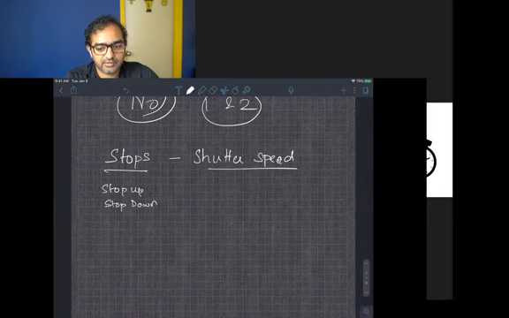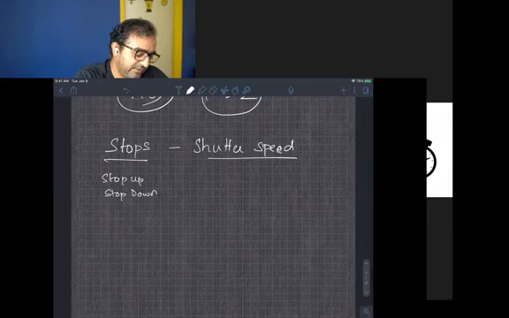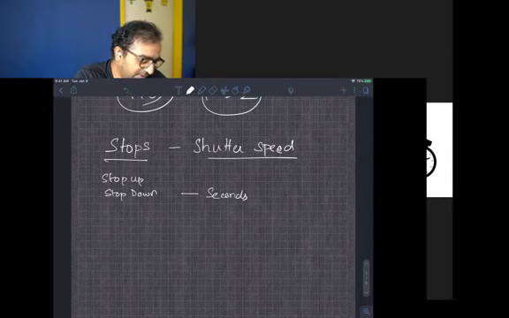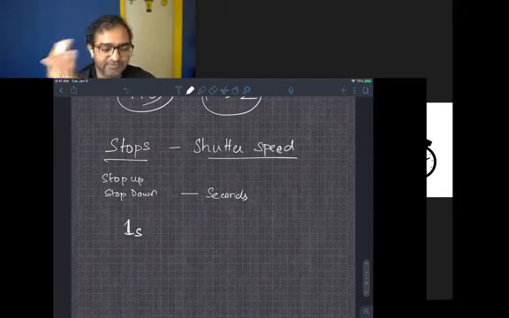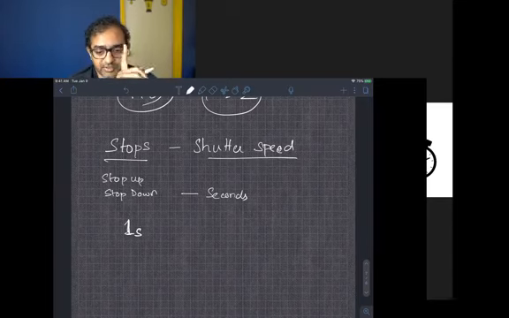Now let's relate it to shutter speeds. Shutter speeds are measured in seconds. So let's say we have an exposure of 1 second. Let's say we make a photo with a 1 second exposure. I tell you that this is wrong. Sure, it's subjective, but I say that this is overexposed. This shot is overexposed. So I want you to stop it down by one stop.